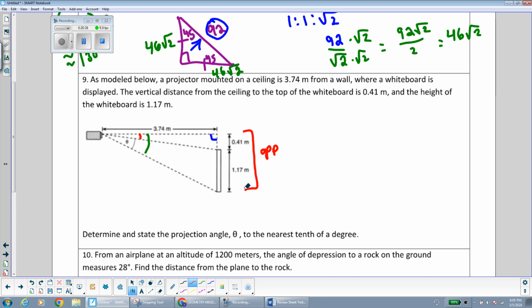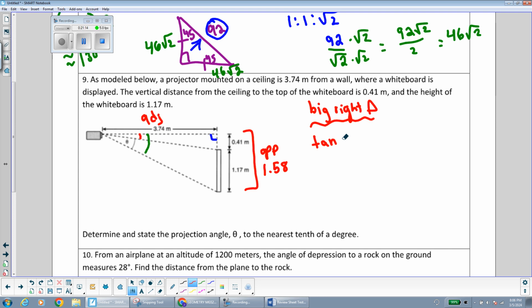Opposite in the big right triangle would be 0.41 plus 1.17, because if I'm using an angle from the big triangle, I have to use the full side from the big triangle as well. So opposite would be 1.58 for the big right triangle. And we have adjacent. We don't know anything about the hypotenuse, so that's tangent. So I'm going to label here, this is for the big right triangle,